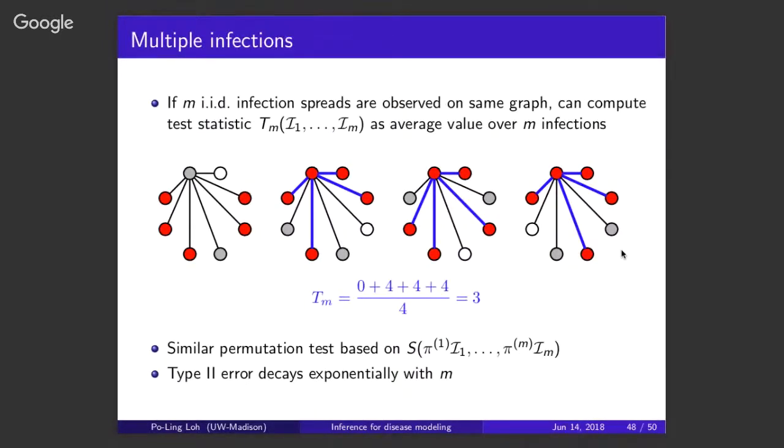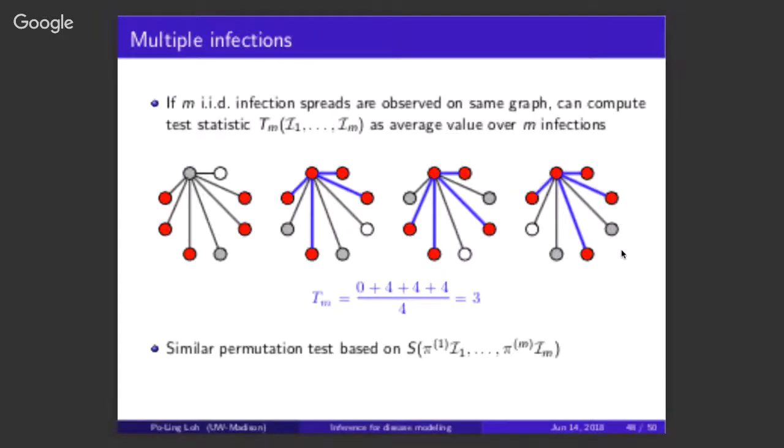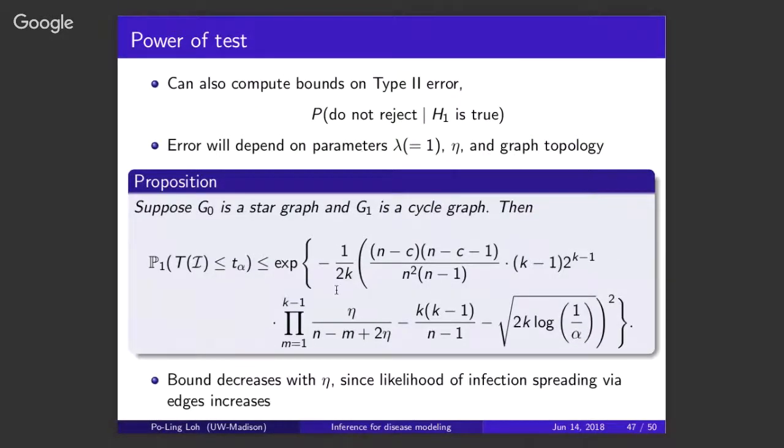Maybe the slightly more interesting thing is to relate this back to the type 2 error. So this type 2 error, the probability of being wrong when the alternative is true, should hopefully get even smaller as m gets bigger, right? Because just like we said that the error should get smaller as the graphs become easier to distinguish, as we get more infection observations, then also the error should get smaller, because that confirms our belief that it's equal to one graph or the other.